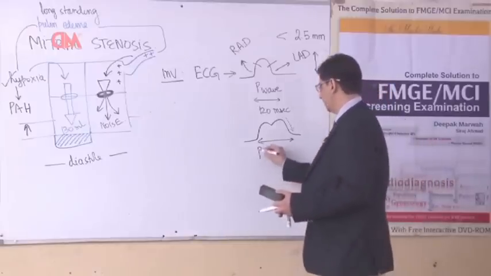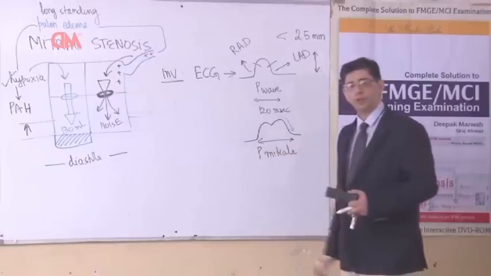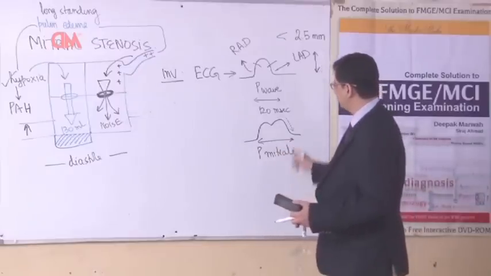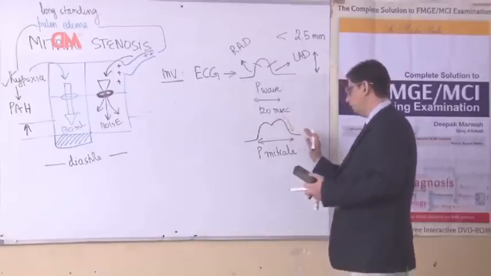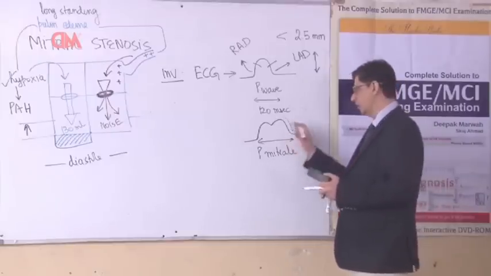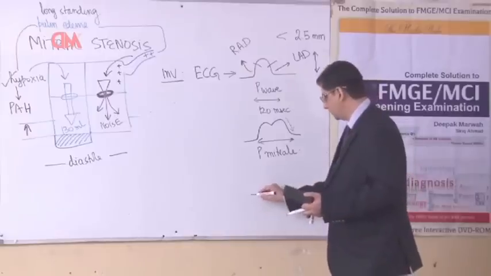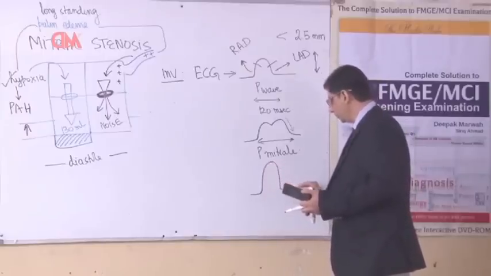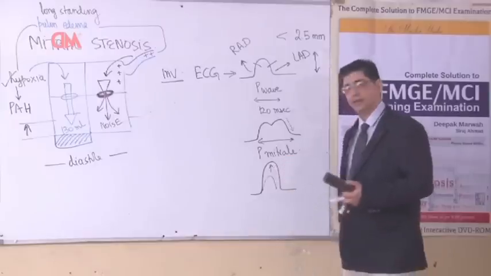Therefore, one of the ECG findings that can be seen in patients of mitral stenosis is P mitral. In P mitral, I have shown a notch in the P wave followed by development of a so-called hump because there is an enlarged left atria. So the current will take more time to go across the left atria, resulting in P mitral. In some of these patients, the P wave might become even bigger. If you compare with the normal P wave, I have increased the vertical height this time.